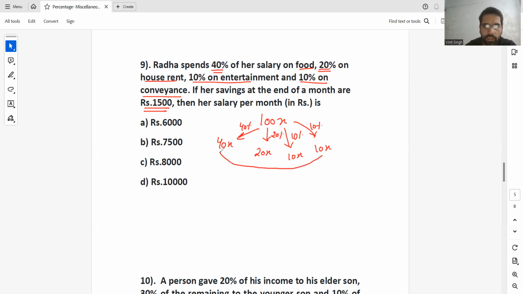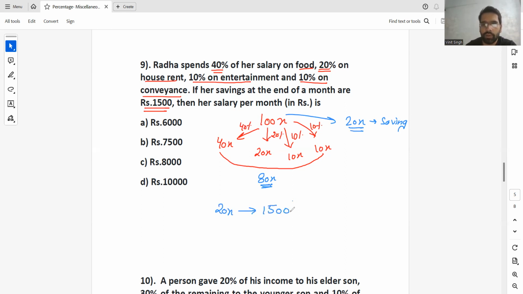Now, these are the expenditure. Spend 40 plus 20 is 60, 70, 80x. She spent 80x, and now saving is 20x. She spent 80x and now saves 20x. Now the saving is 20x, which is equal to